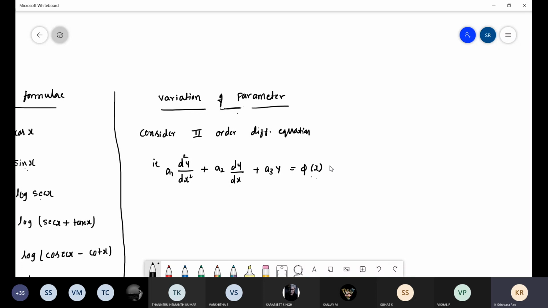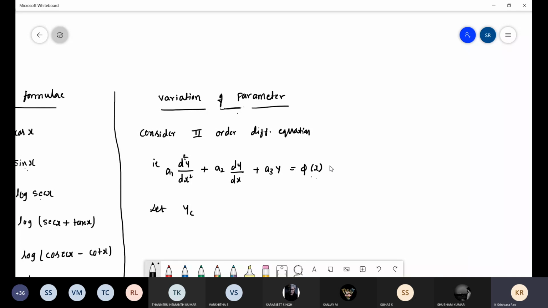Yes, take down y is equal to. How many roots will you get for this second order differential equation? 2 roots, because it is second order. And one more thing, remember, in variation of parameter it is possible to solve second order only. They will not ask d cube, because it will be very lengthy. In your curriculum it is restricted to second order. Second order means 2 roots.